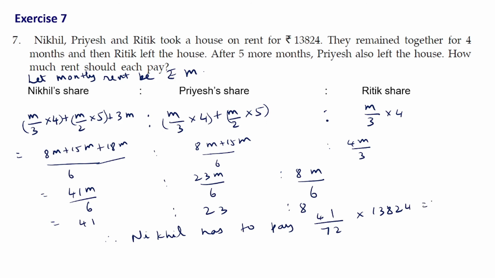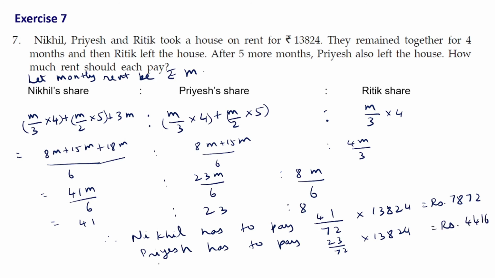So this is equal to rupees 7,872. Then Priyesh has to pay 23 by the total 72 into 13,824. So it is equal to